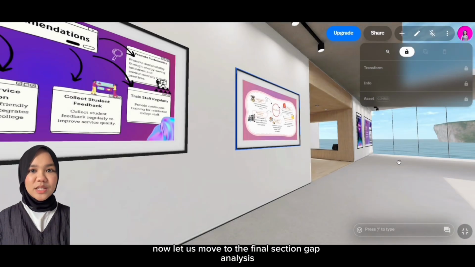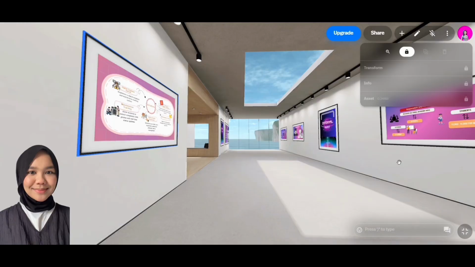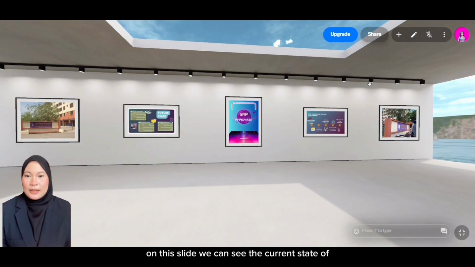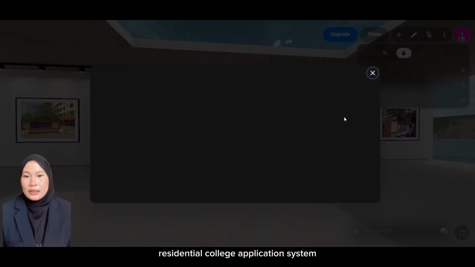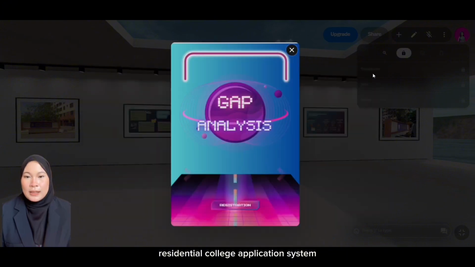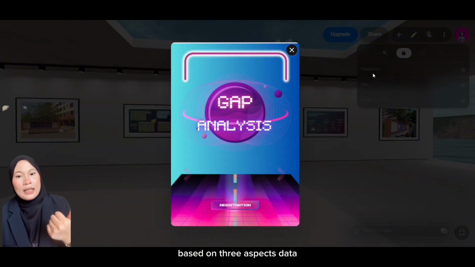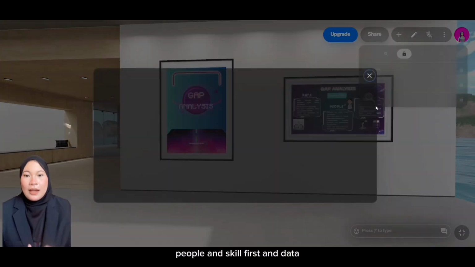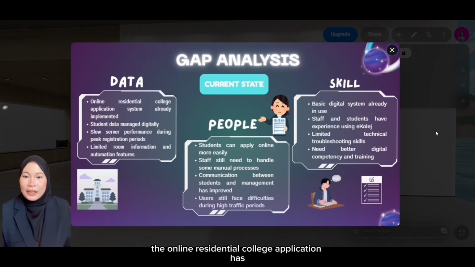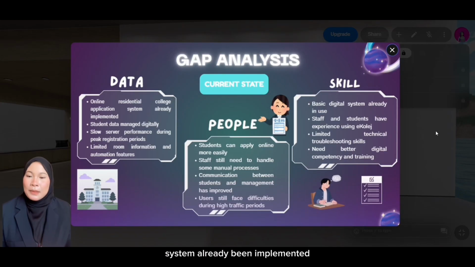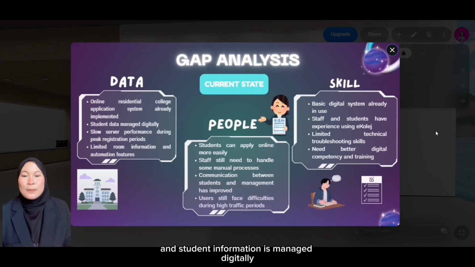Now, let us move to the final section, gap analysis. On this slide, we can see the current state of the residential college application system based on three aspects: data, people, and skill. First, under data, the online residential college application system has already been implemented and student information is managed